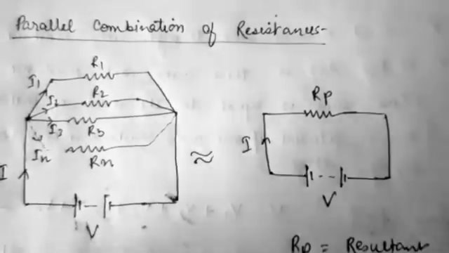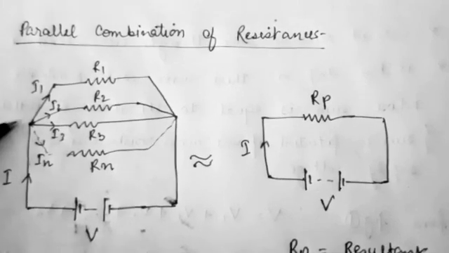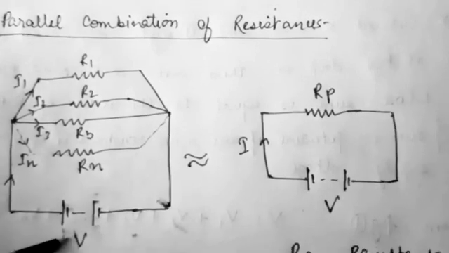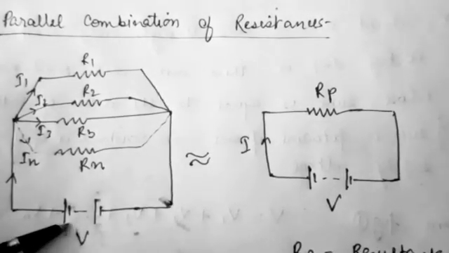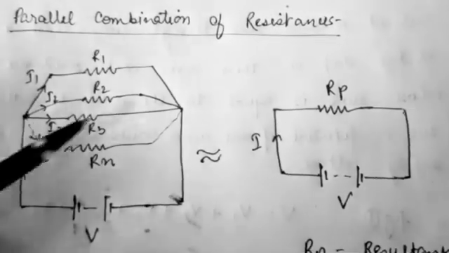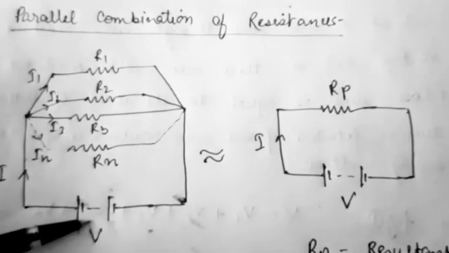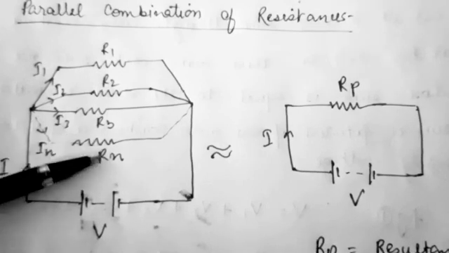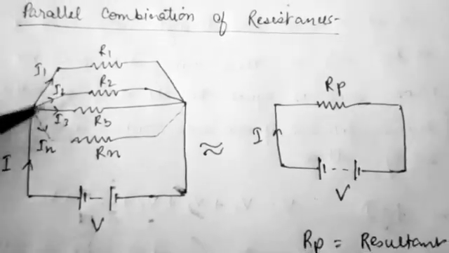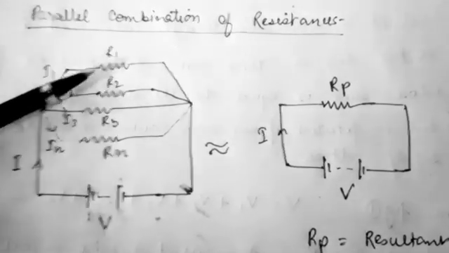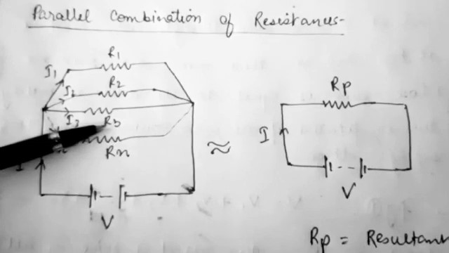Now the second combination is the parallel combination. In a parallel combination, there are two nodes, node A and node B, and between these two nodes the voltage we have applied is V, or you can say the supply voltage of the battery is V. Between these two terminals the voltage is V, and we have connected various resistances R1, R2, R3 and Rn, and all the resistances will have the same potential difference. So here also the supply voltage is V, here also V, here also V and here also